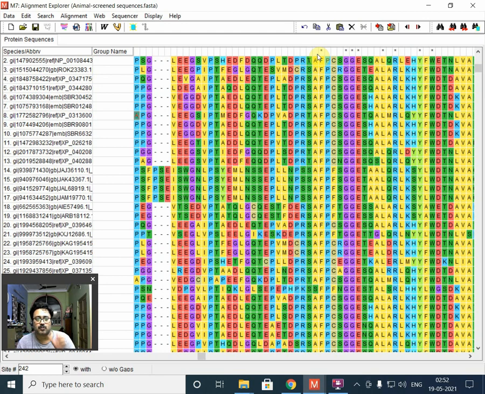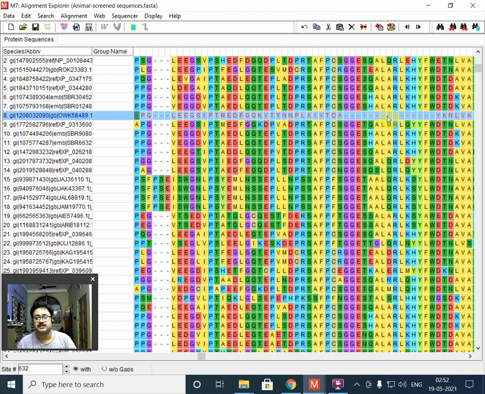That one particular sequence was not allowing all of these alignments. So just because of one sequence, all of these alignments were not happening. This is the same as what we saw in the previous experiment with MUSCLE.